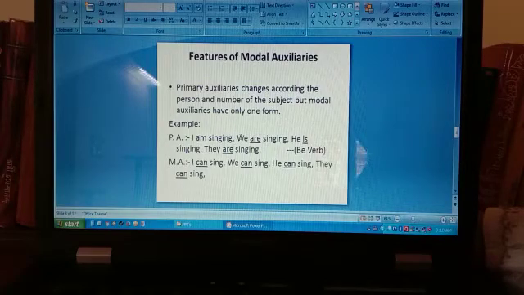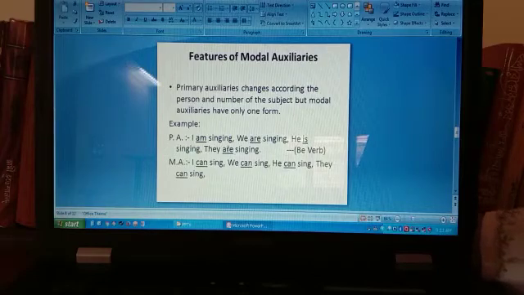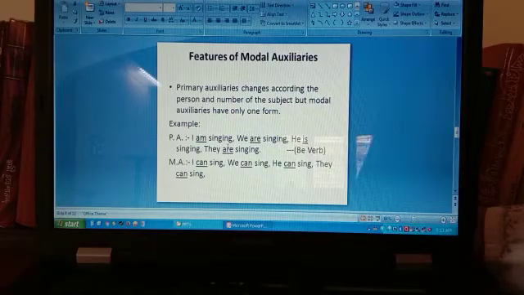Here let us see, we is the first person plural. So here the verb is are. Here again third person singular number. So the verb is is. Now here third person plural. So the verb is are. So be verb is changing according to the number and person of the subject. Now modal auxiliary: I can sing, we can sing, he can sing, they can sing.